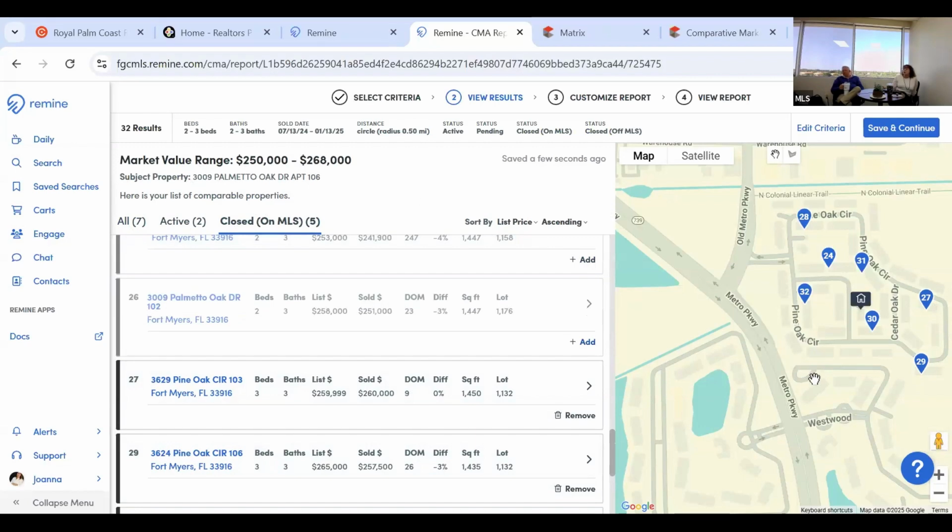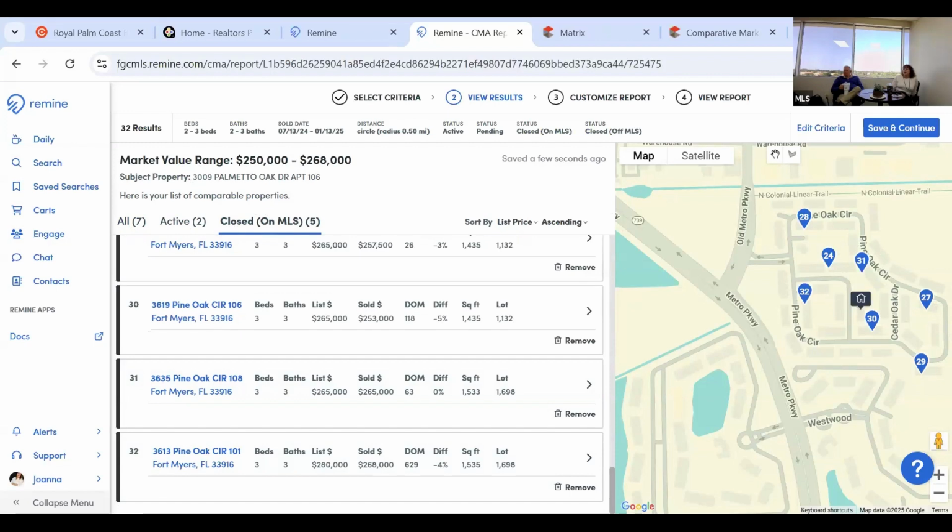So if you're happy with your selection, you can see your properties here on the map. You've got your list running along the side here. Once you're done, you can click this blue button over here that says save and continue. As you're doing this, you can see up along the top here that you're moving through each step. And if you needed to go back, you could as well. So we're on view results right now, and if we just did this and I said, oh crap, we did too much, I went too far out,